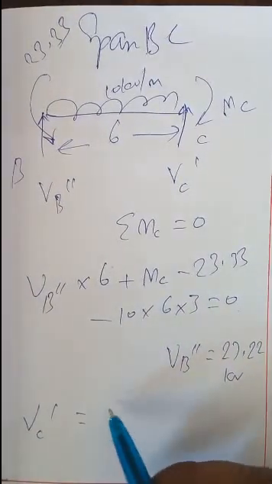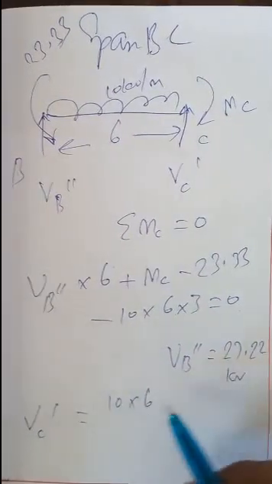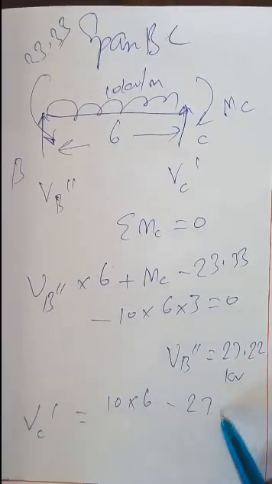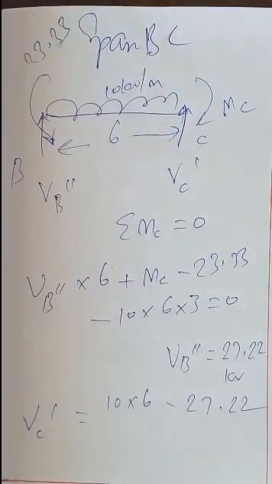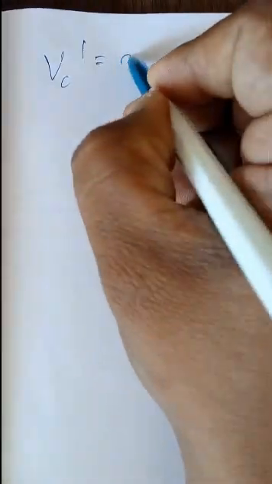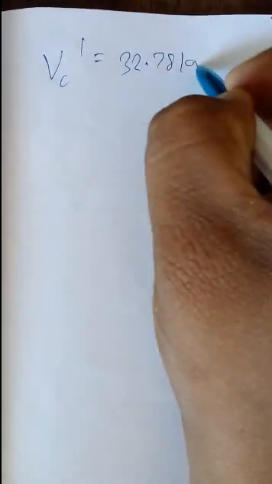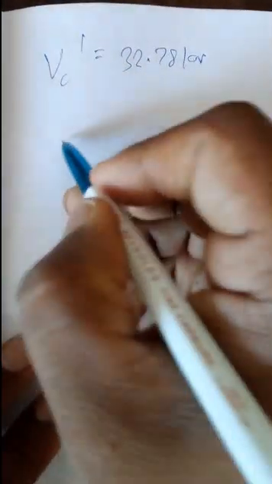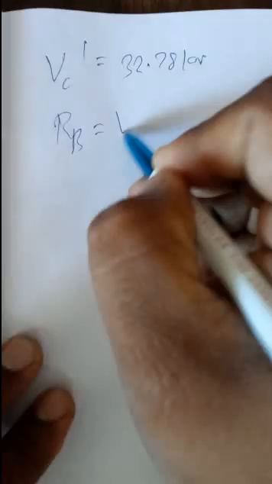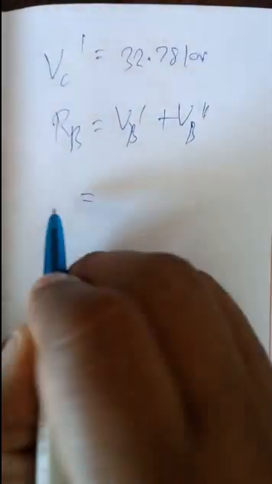VC dash is equal to 10 kilonewton into 6 minus 27.22. So that will give you VC dash equal to 32.78 kilonewton. Then we will calculate RB equal to VB dash plus VB double dash equal to